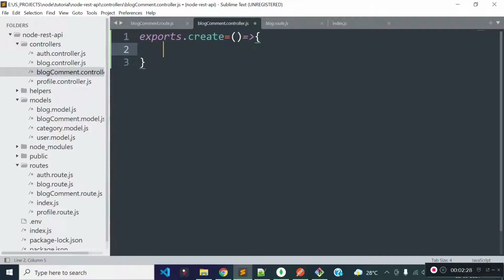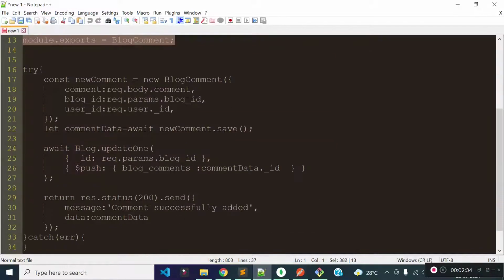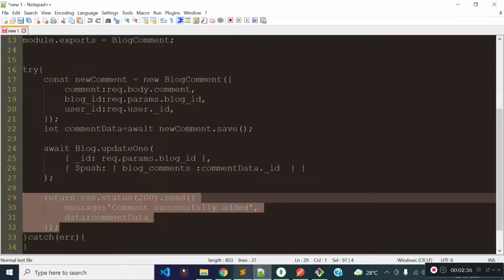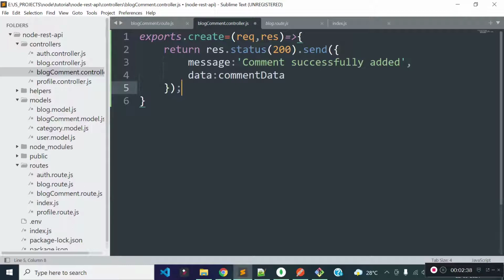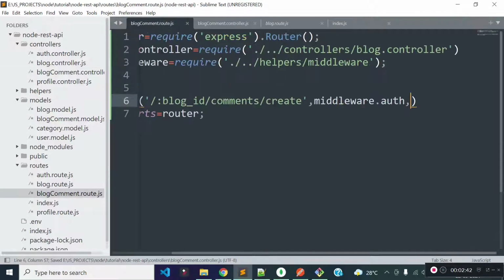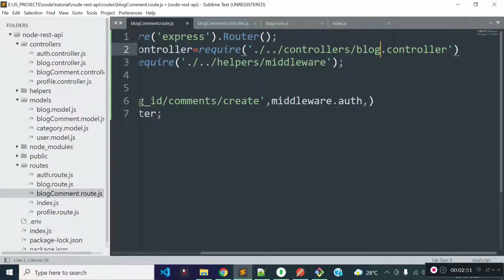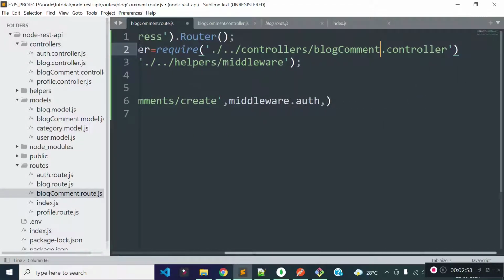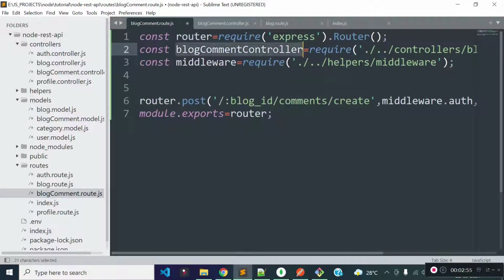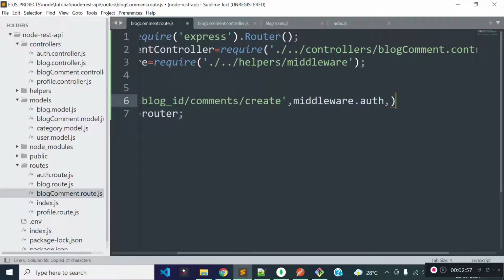Let's get request and response as parameters to this method, and for now I'll return a JSON response with message comment successfully added from this create method, and the data will be a blank object. And then let's open our blogcomment.route.js file, and import our blog comment controller here. And our add comment API endpoint will execute blog comment controller's create method.